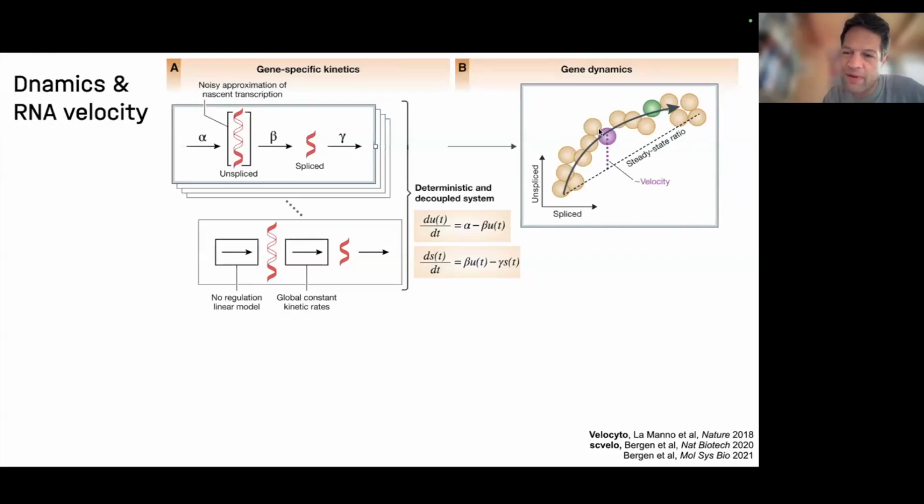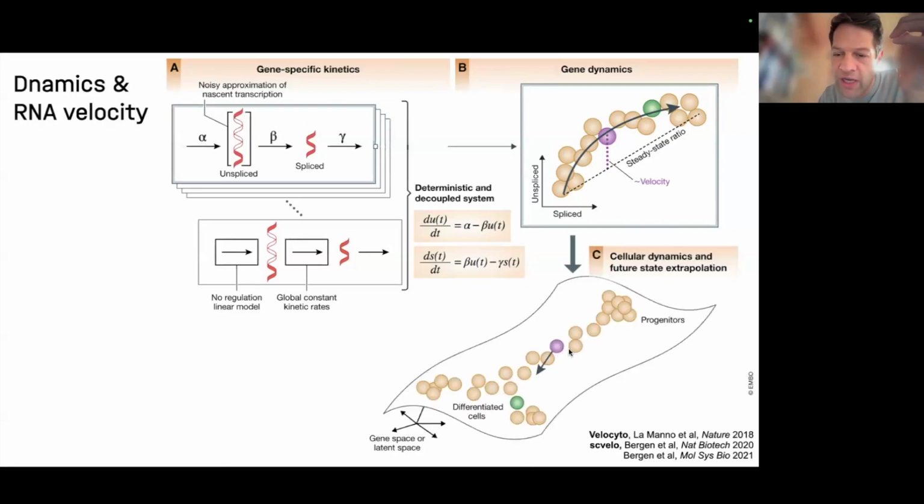The more unspliced and spliced reads you have, the more this gene is being made, otherwise it is being turned down. Put this together, and it essentially gives you a vector direction for each transcript, whether it's being made or not. Put them together and it gives you arrows on this differentiation landscape. That's the idea. So the question is, can you add that information to, let's say, perturbation prediction?